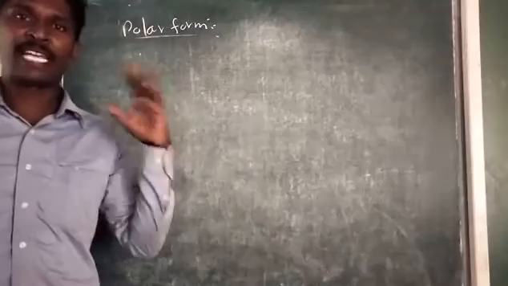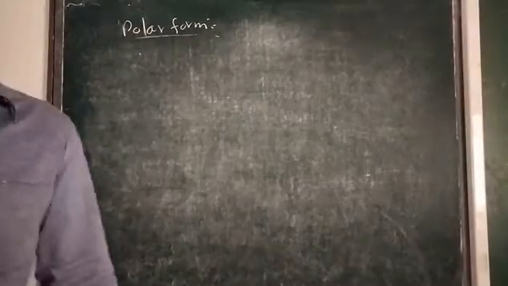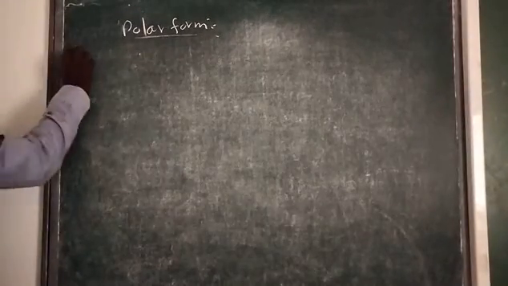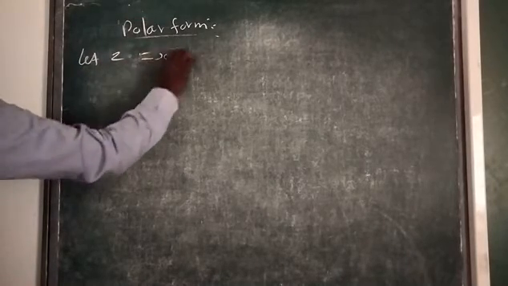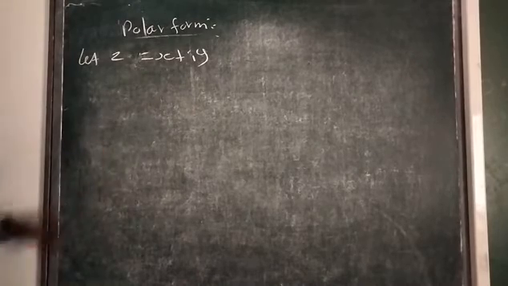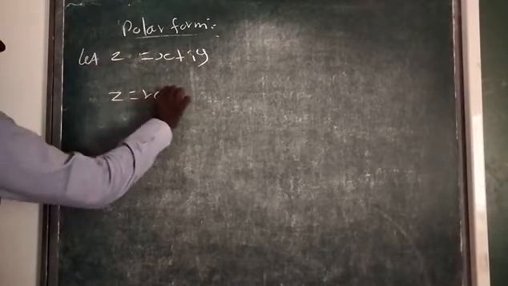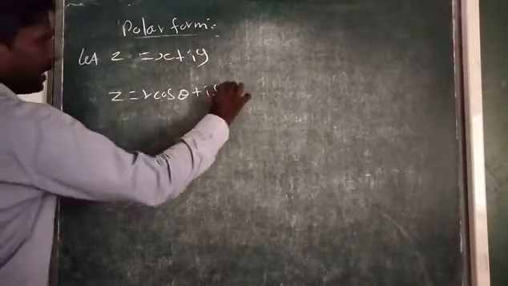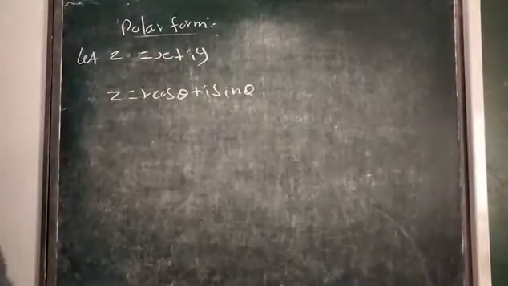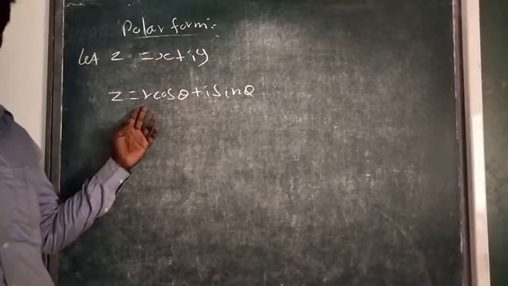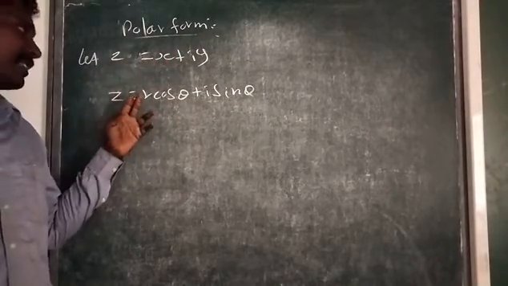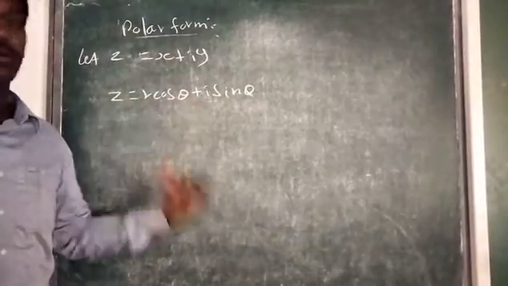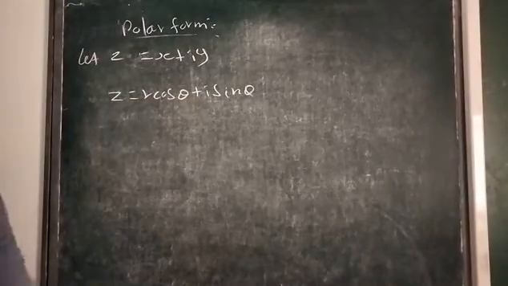Now in this video you are going to learn how to express a complex number in polar form. For example, z equal to x plus iy. So what is the polar form of z? We write z equal to r (cos theta plus i sin theta). That means you have to find the value of theta and the value of r with the help of the given complex number z = x plus iy. Substitute the values of r and theta, then you will be able to find the polar form of the given complex number.